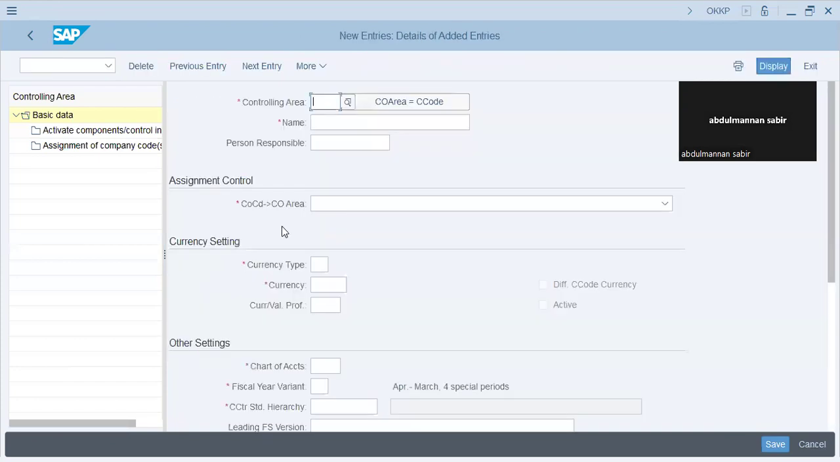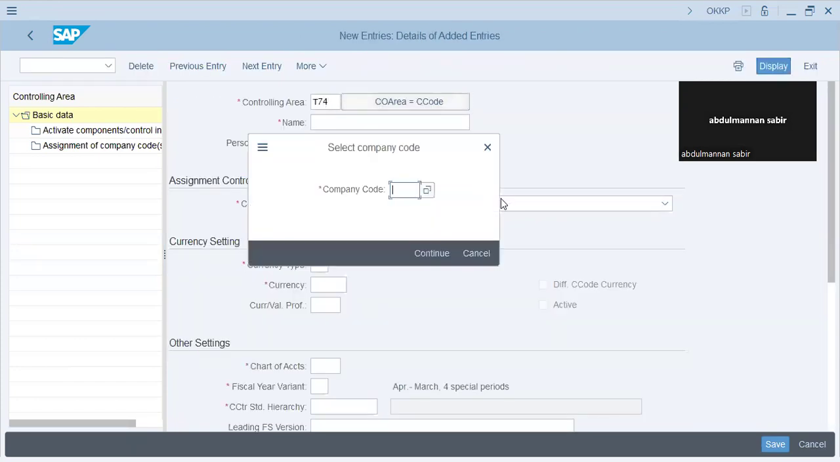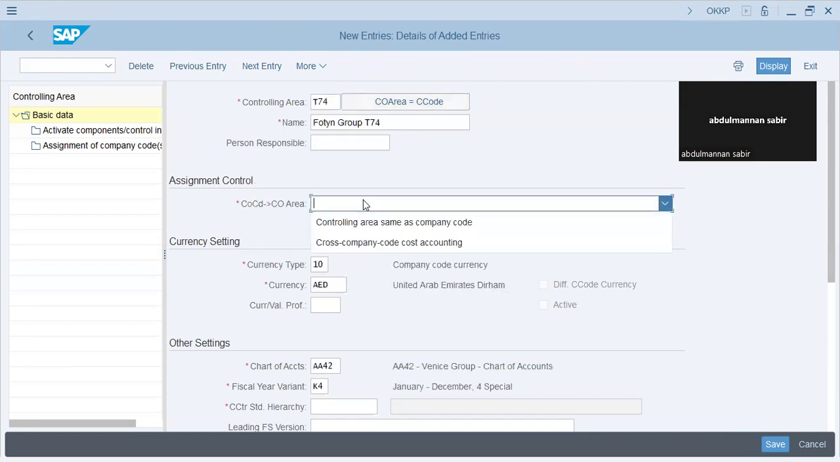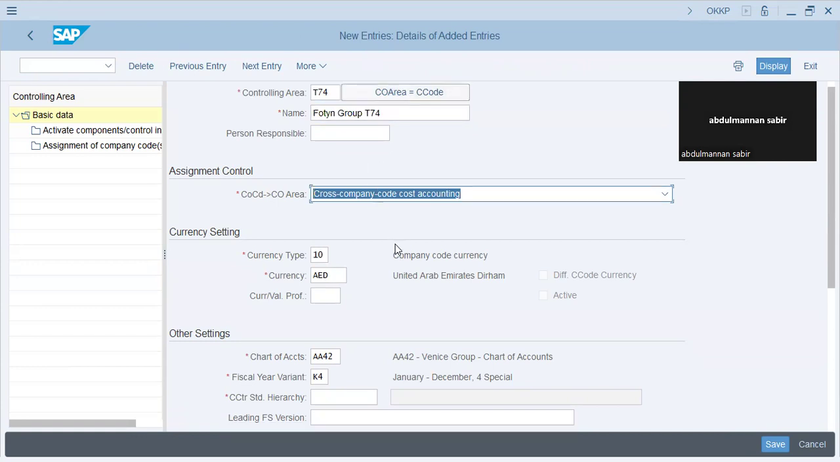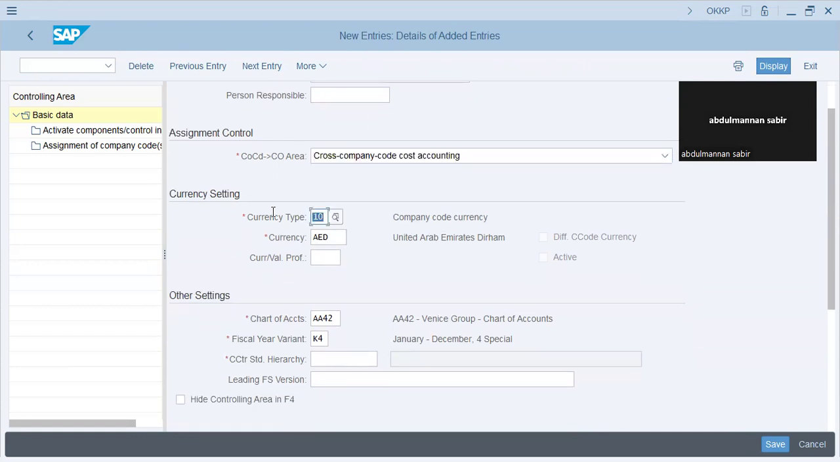New entries, P74, or we'll make a controlling area. This is again for finance side, so no worries about that. Protein group, cross company code, which means we can make multiple company codes to report to controlling area. Controlling area has a higher precedence. Okay, group currency, no, not group currency, USD,